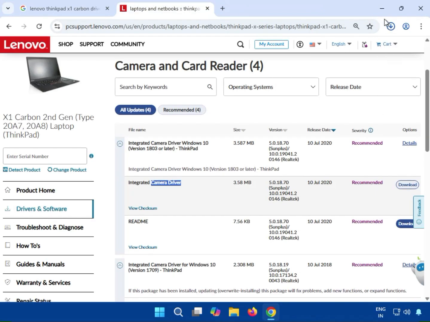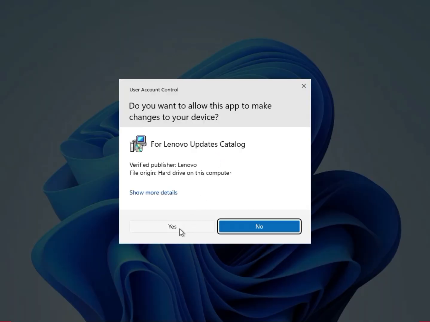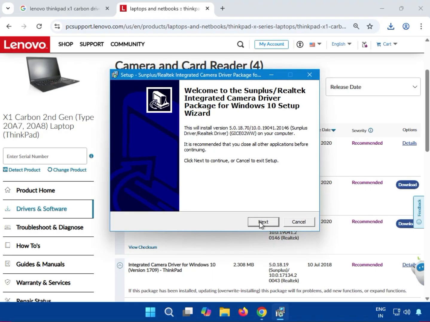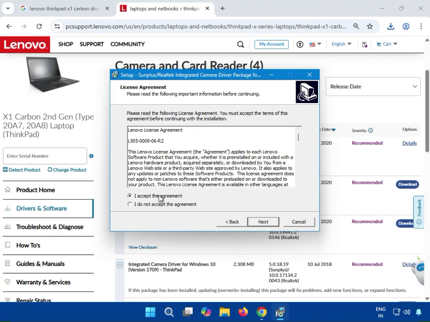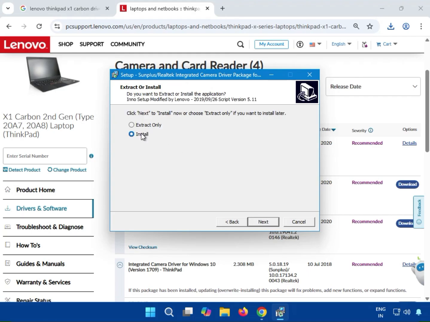Just click download, wait a few seconds, and it will start automatically. Just okay, it will be done, just a single click. Then you can see this, click yes, and next, I accept the agreement, and next select the